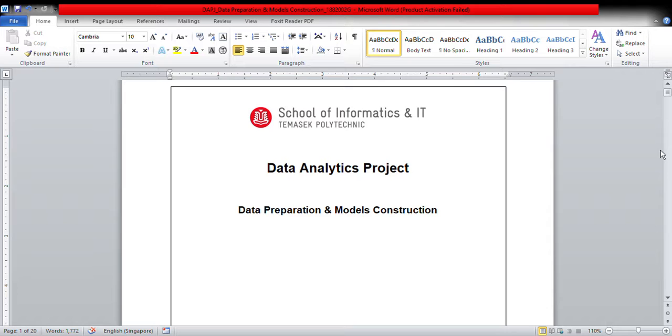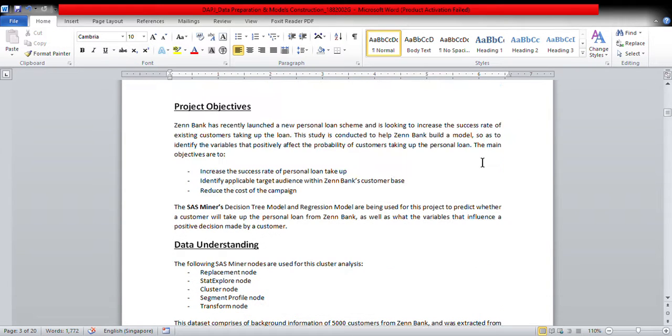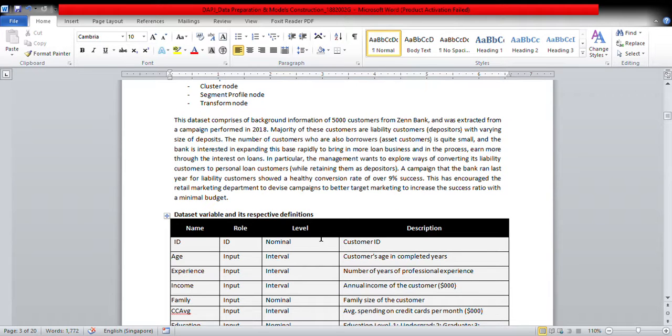So as you can see here, our objective mainly pertains to ZenBank, which has launched a personal loan scheme and is trying to increase the success rate of existing customers taking up the loan. So we'll be going through and using the replacement nodes, StatExplore, cluster, segment profile, transform, as well as other decision and predictive modeling nodes